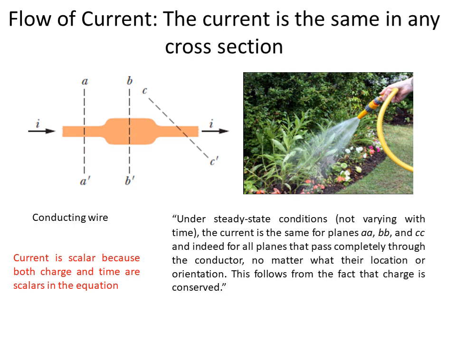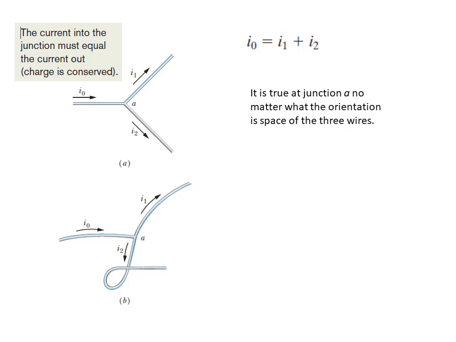Another property of the current is that current is a scalar, because both charge and time are scalars in the equations. Do you see these equations? We say that I is equal to dq by dt. It is the basic definition of the current. So charge is scalar here, time is scalar here, and that's why we say that current is scalar. Usually we put this arrow sign for the current, but it just shows the flow of current, not the direction of current. It doesn't mean a direction. It's valid for this geometry as well.